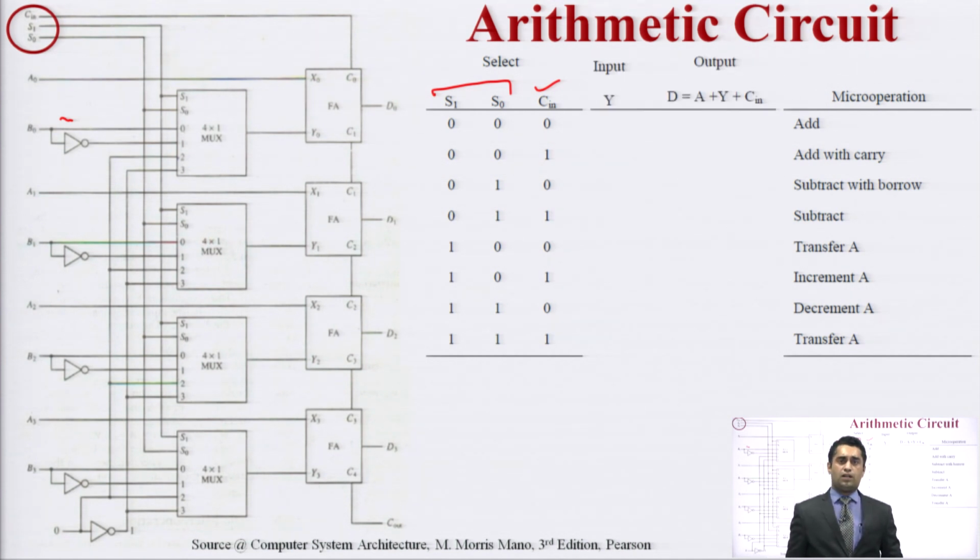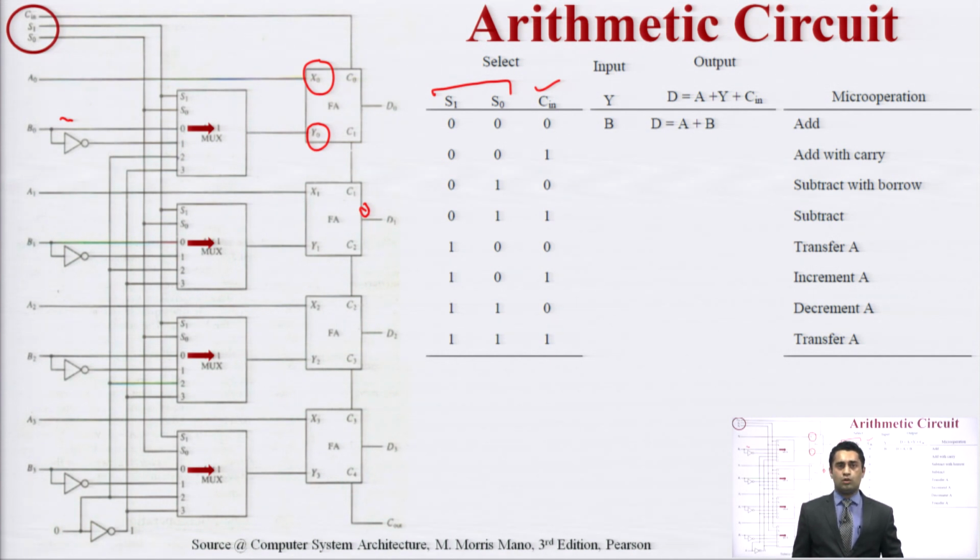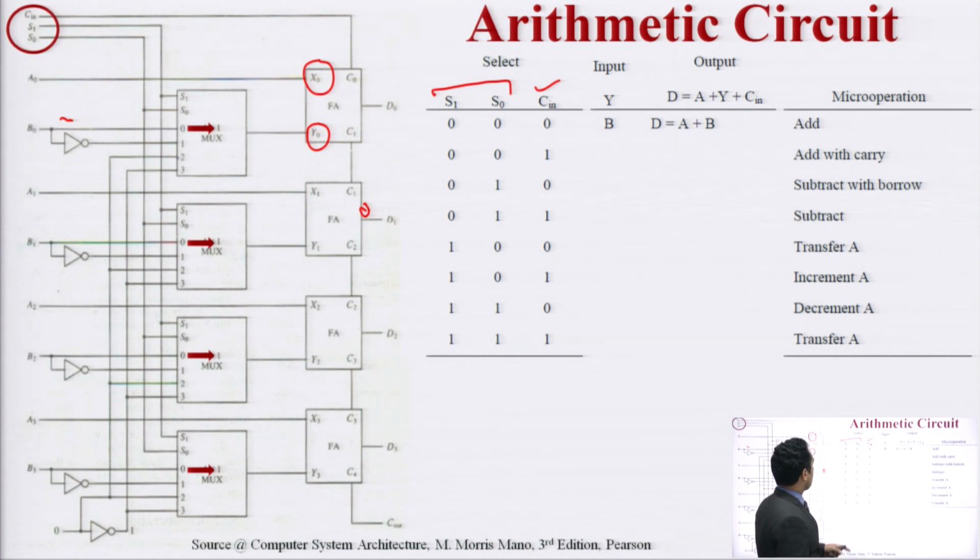By default we are taking one input as A and another input as B. In this specified circuit, I am using a representation of this X and this representation Y. One by one we will see all the combinations. Let's have a look at the first one, 0, 0, 0. What is this combination saying? This combination says the selection line 0 and selection line 1 both are 0.